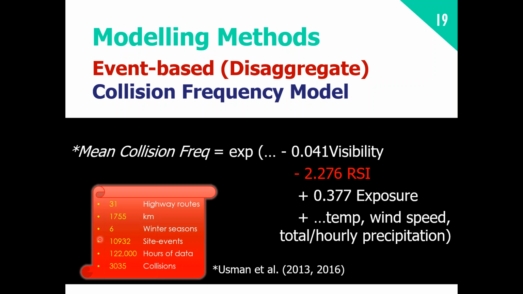how do I put this? You lose the sense of how each variable affects the change in the mean collision frequency. For instance, it's like a black box. You put visibility, RSI, exposure, everything inside, and there's no way to quantify the effect of each individual variable on the mean collision frequency, right? So there are pros and cons, but I definitely see a future in implementing more sophisticated modeling approaches like a neural network or a deep learning approach, which is all part of